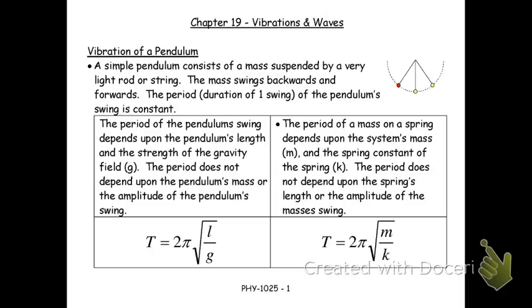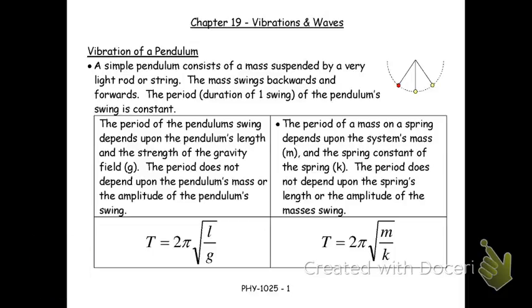So oscillations occur, and things have natural frequencies of oscillation. If I bang the table, it sounds different than if I bang the computer desk. And you can hear the difference in the sound because you hear the difference in the oscillations. So we've got to deal with these things, either because we want to do something with them, or we've got to try to avoid them, but we've got to deal with them. So what we say is vibrations, and I said of a pendulum, but I've also broadened it to include a mass on a spring, because that's probably what you're going to face, because it's simpler mathematically than a pendulum.